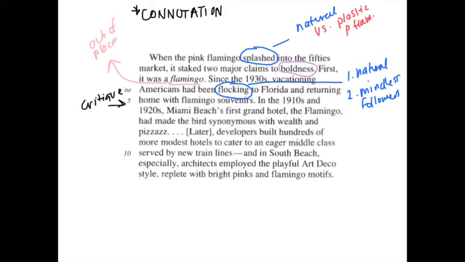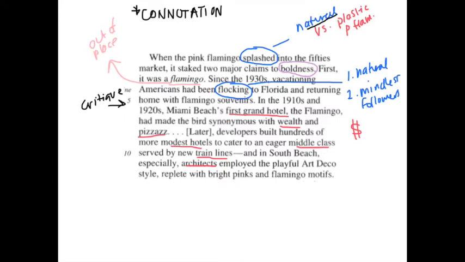But suddenly she transitions from these natural images to the first grand hotel, synonymous with wealth and pizzazz, hundreds of modest hotels, trains, architecture. These are all words that have to do with wealth, and in some way she's referring to the fact